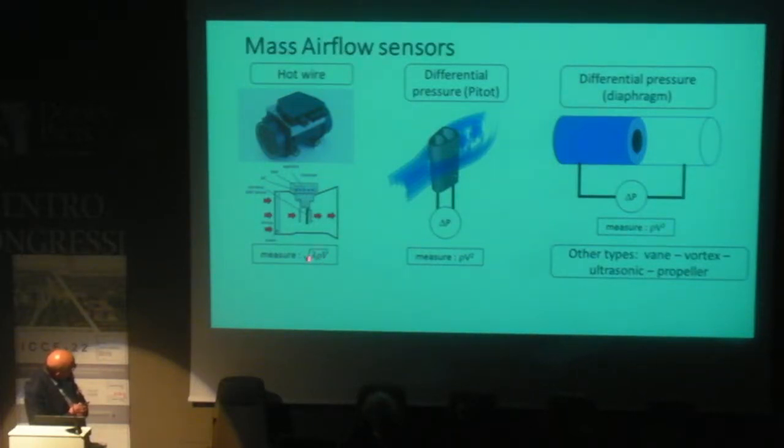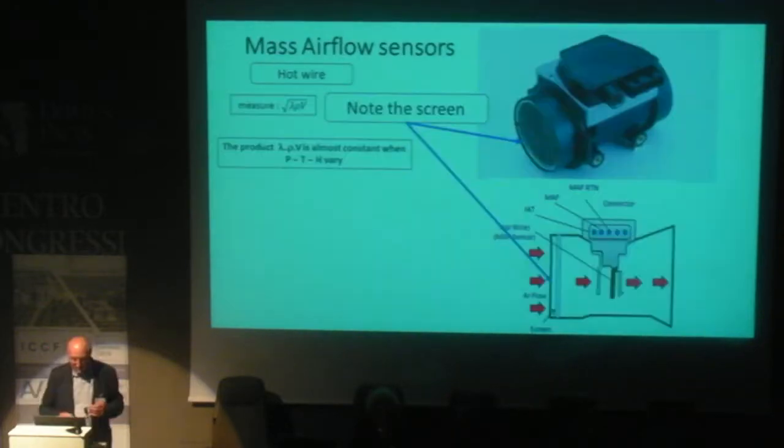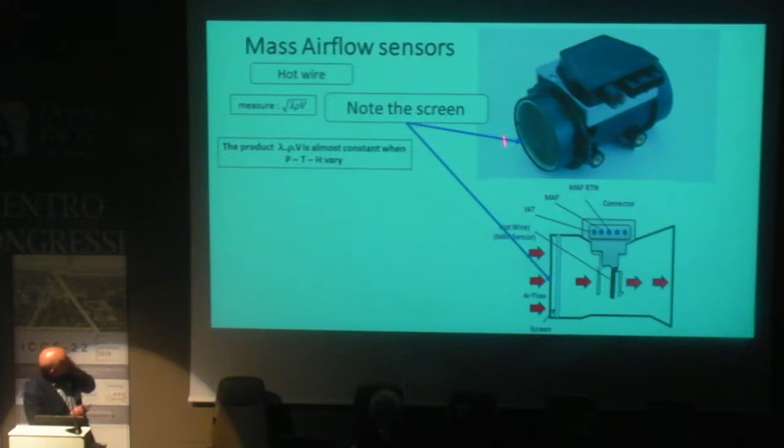So you measure all these things together at once. With a pitot tube, you measure rho v squared. So you don't measure immediately this flow rate, which should be rho v, but rho v squared. And this is the same thing here. So this is again this hot wire sensor. You note the screen here. And